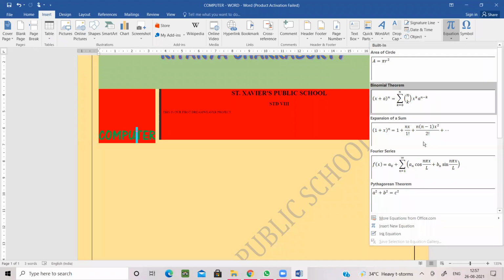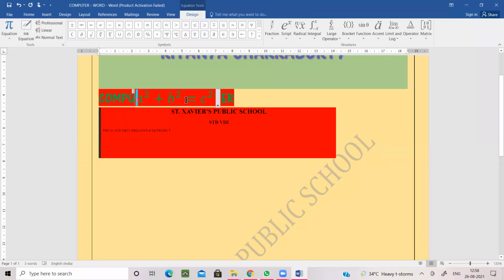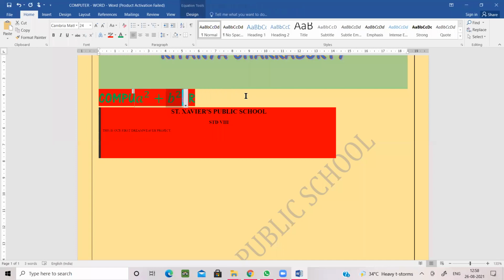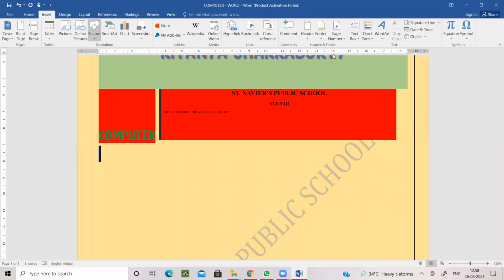Equation, from here you can insert. Hello, ma'am. Suppose I want to add the Pythagorean theorem. Not here, exactly not here. Why is it added over here? Okay, suppose here I want to add; since the pictures are arranged like that, it is coming like that. Insert equation. So whatever you see, you need to remember the entire thing.